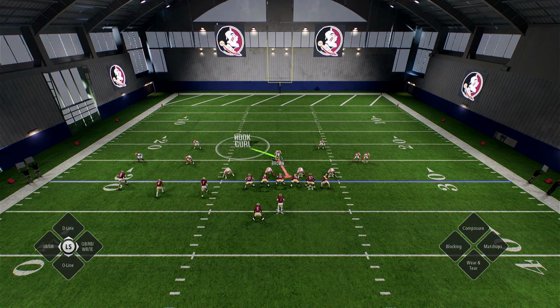We are now going to transition more towards the inside of the field, and we're going to talk about our hook zones. First one we're going to talk about is a hook curl. A hook curl is designed to be focused for more of those intermediate throws. So your slants, your short ins, anything that's coming across the middle at a shallow level